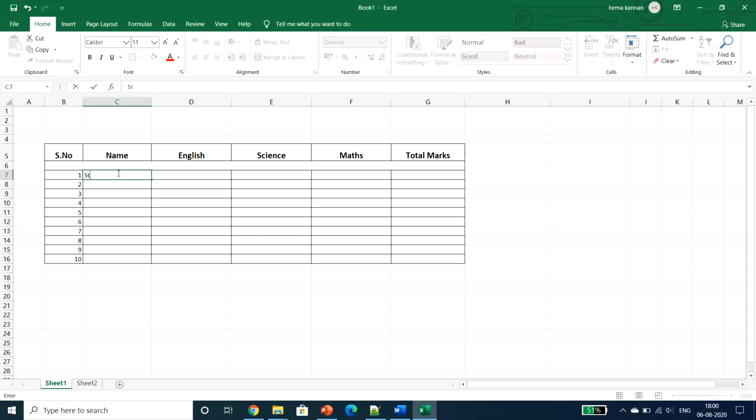Now I am going to give student number 1. The same way I am going to drag it so that my 10 students have been entered.